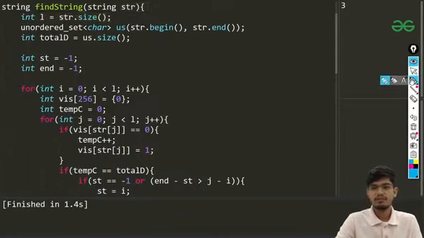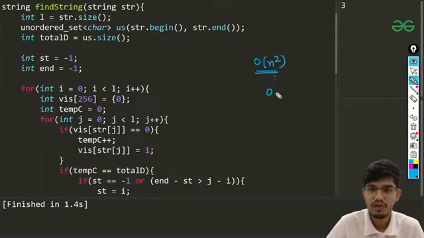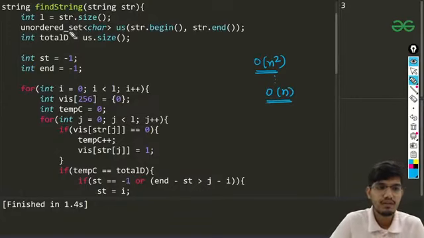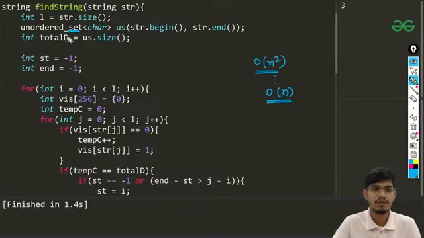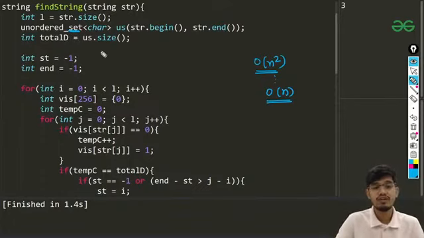So the solution is order of n square, and we can also come up with a better solution that is order of n. If we feel that this set is a costly operation, or it is not passing all the test cases, then instead of the set you can use this visited array.